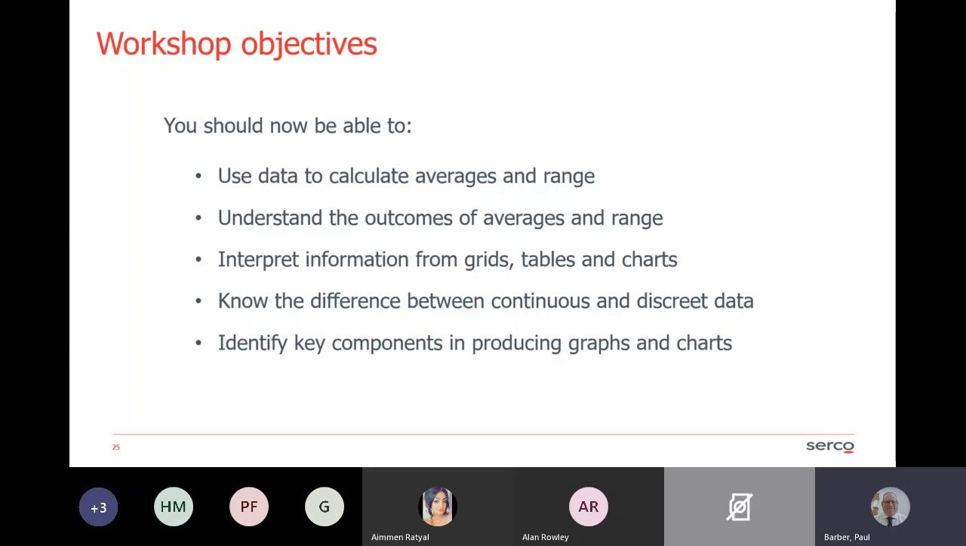So what I wanted to go through is how you calculate things, but also how to understand what averages, range and mean are, to give you some interpretation of how you get information from grids, tables, charts, whatever you call them. Also, slightly knowing the difference between continuous and discrete, which is just useful when you're thinking about the chart to produce. And then finally, the key components in producing graphs and charts, with, as I've said, an extra video that I'll make sure I put in the email to you,